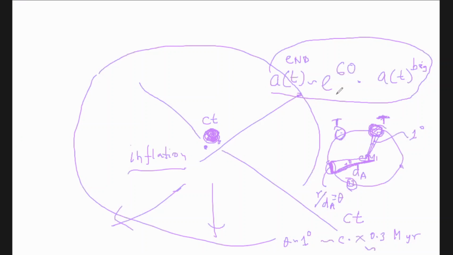See, if you don't have this high speed expansion of space, suppose the universe expands like the radiation dominated era. Then the universe will expand how much? The universe will expand a maximum of 3 ct. So then you will end up in the same problem, because the distance you see between the photons is much higher than 3 ct, the size of the horizon. The 1 degree is the 3 ct.